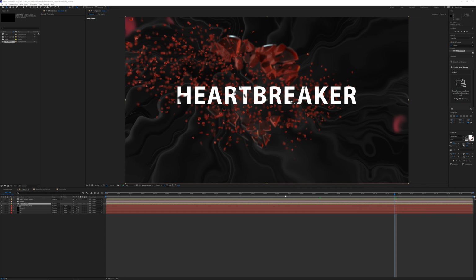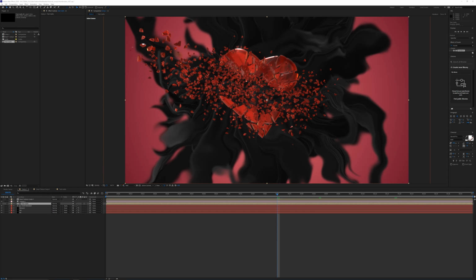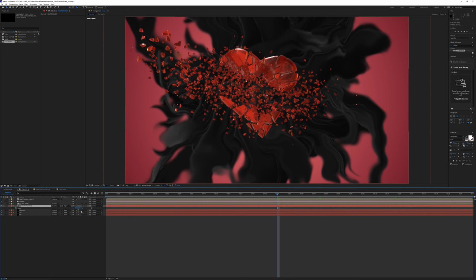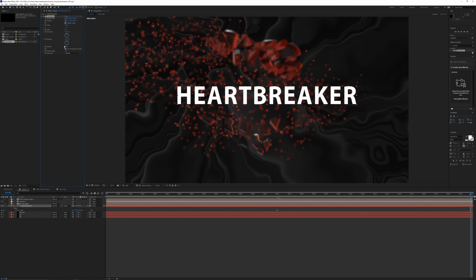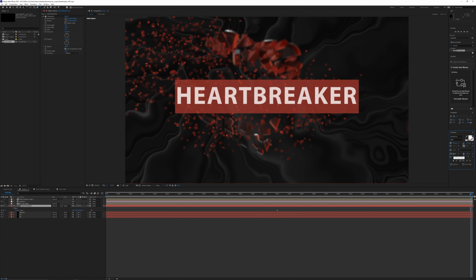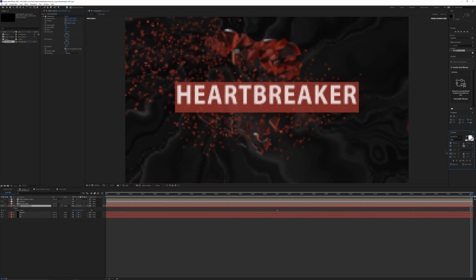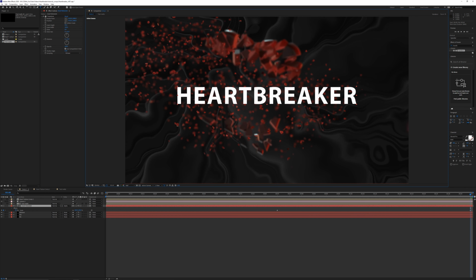At frame 70, I'm actually going to make the text a little bit smaller. So click S for scale, scale this down to about 80%. Keyframe that, go forward to the end, then we'll scale that back up to 100. I'm also going to put a transform effect on this, just so I can lower the height a little bit, like 95. Of course, I could also go into the text tools and lower the vertical scale here, but using a transform effect is sometimes more convenient.